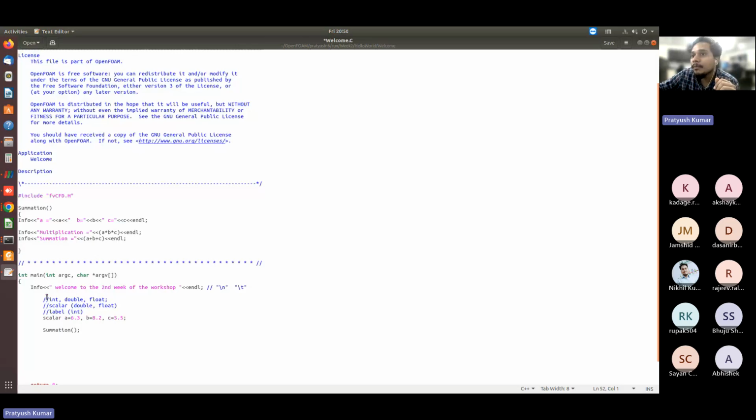Now when the compiler comes, it reads these three variables: a is equal to this much, b is equal to this much, and c is equal to this much. When it goes here, it sees this summation function, and when it goes inside this summation function, it sees that it has to perform multiplication and summation. So